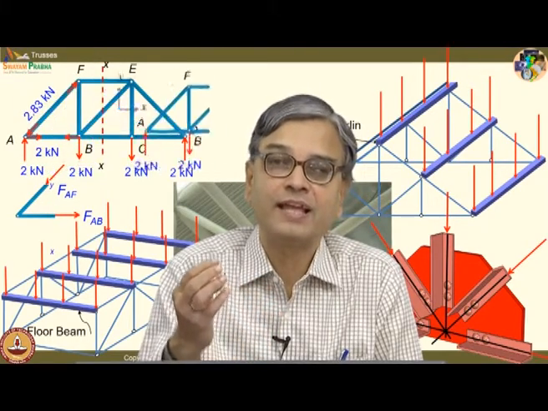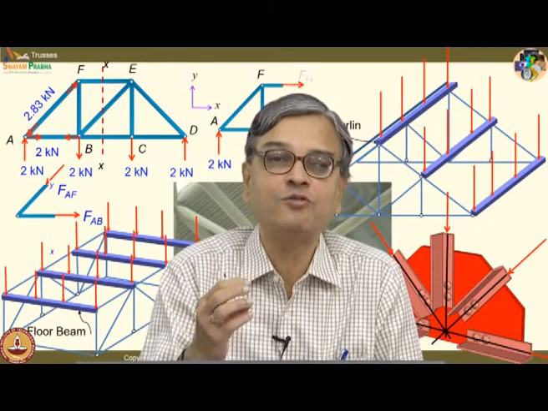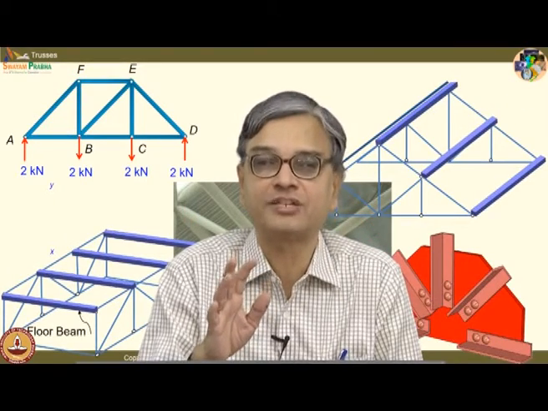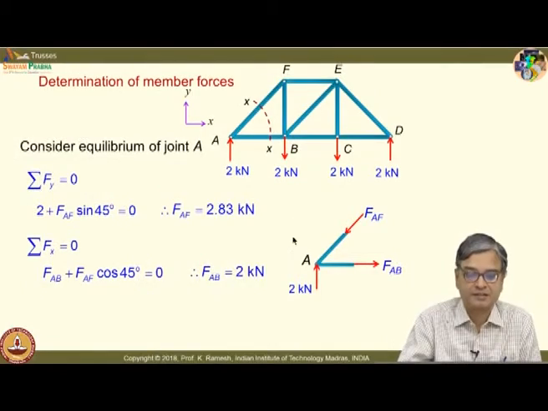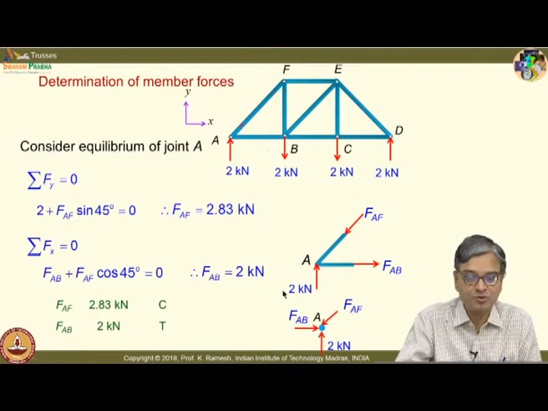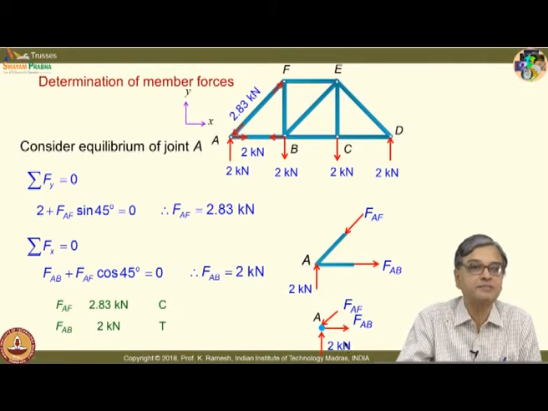But when you evaluate the forces and try to associate whether it is a tension or compression, you have to follow a convention. Because when I take a joint like this, suppose you start thinking how the pin joint behaves, then you would put tension like this. But if I have to associate the direction, I will have to put these forces at the joint only in the direction of the members.